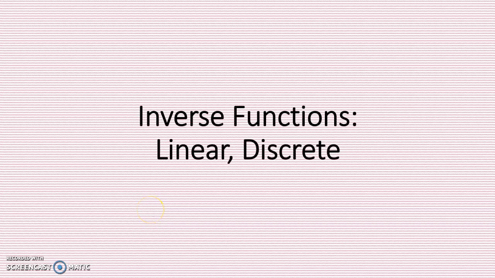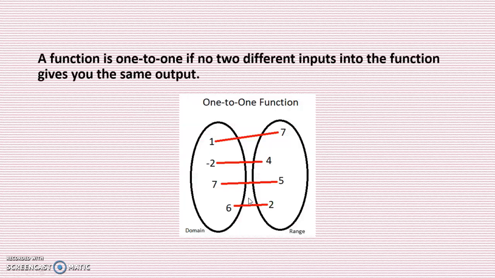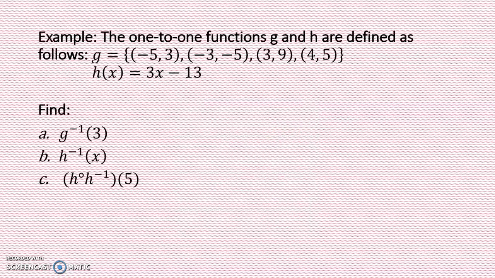In this video, we will learn about inverse functions, linear, discrete. A function is one-to-one if no two different inputs into the function give you the same output. In our example, we will talk about one-to-one functions g and h, and they are defined as g is equal